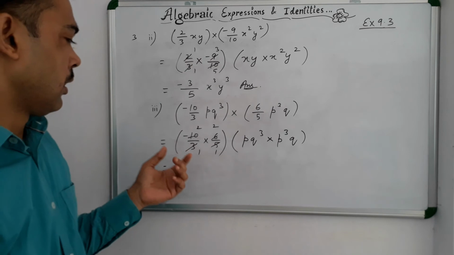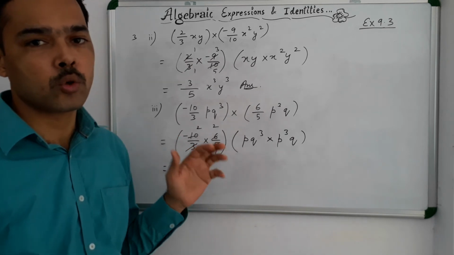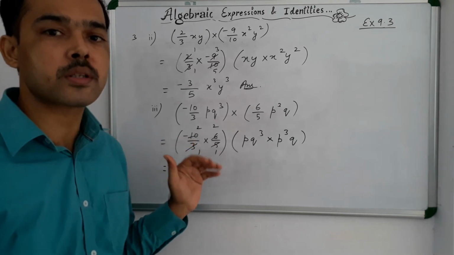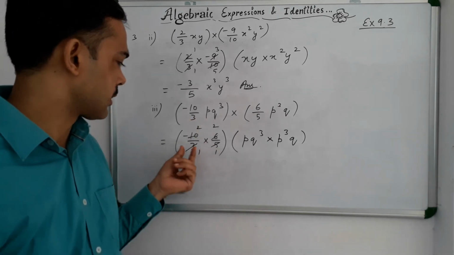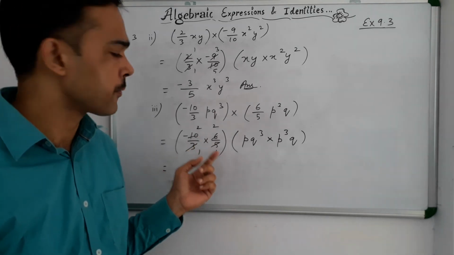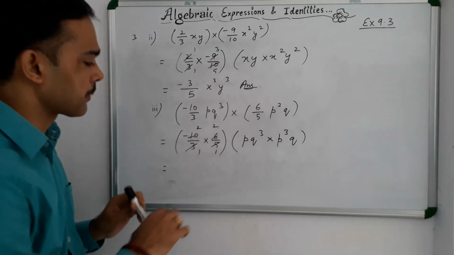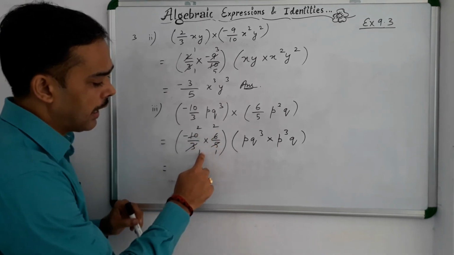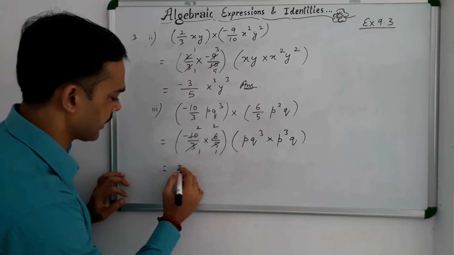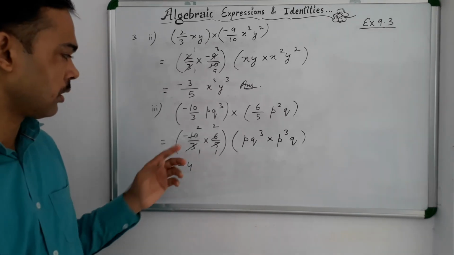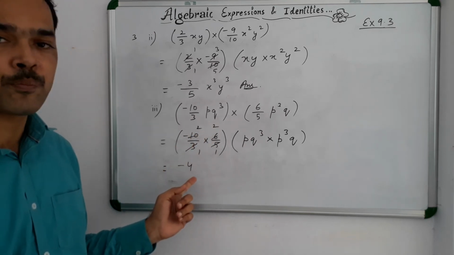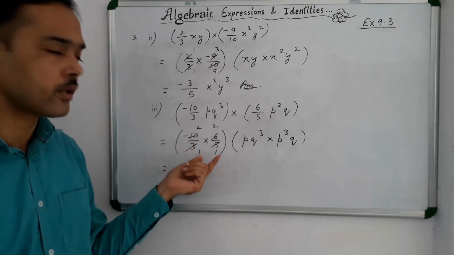Now what you will be doing is multiplying numerator by numerator and denominator by denominator, because rational numbers are getting multiplied over here. Since they both are rational numbers, we multiply numerator by numerator and denominator by denominator. Now −2 into 2 will be −4. Plus into minus will be minus. 2 into 2 will be 4. In the denominator 1 into 1 will be 1.